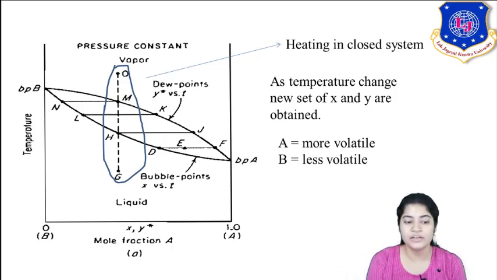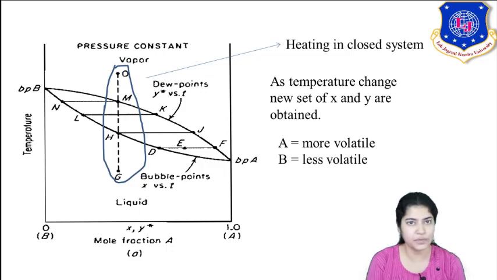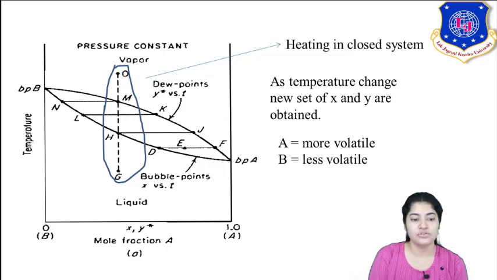And you can see in the middle is the LK line. We discussed the equilibrium conditions. As temperature is changing, now a different condition of equilibrium would be there, a new set of compositions would be there. So for the LK line, as I've increased the temperature, now vapor and liquid exist together. So vapor composition might have been different and liquid composition might have been different. So what does it show?